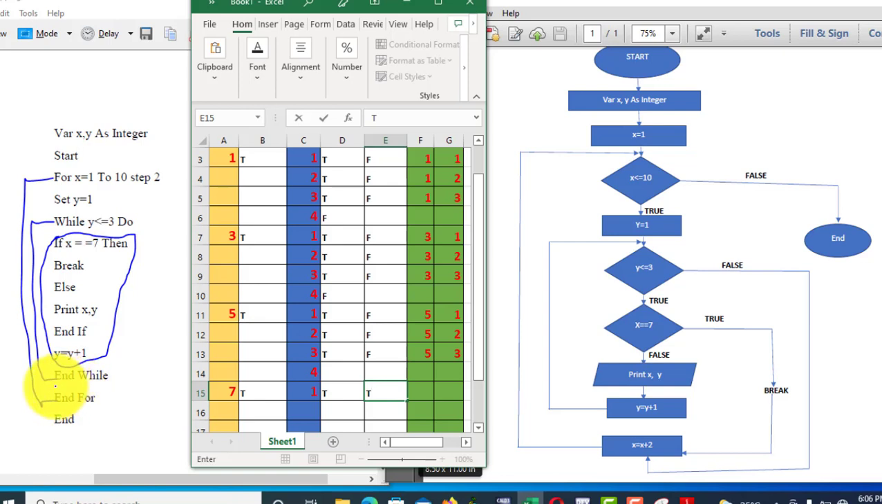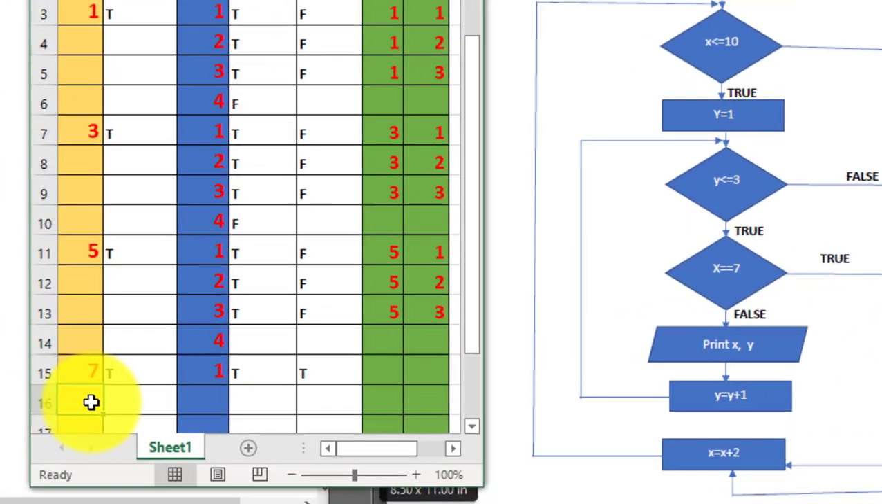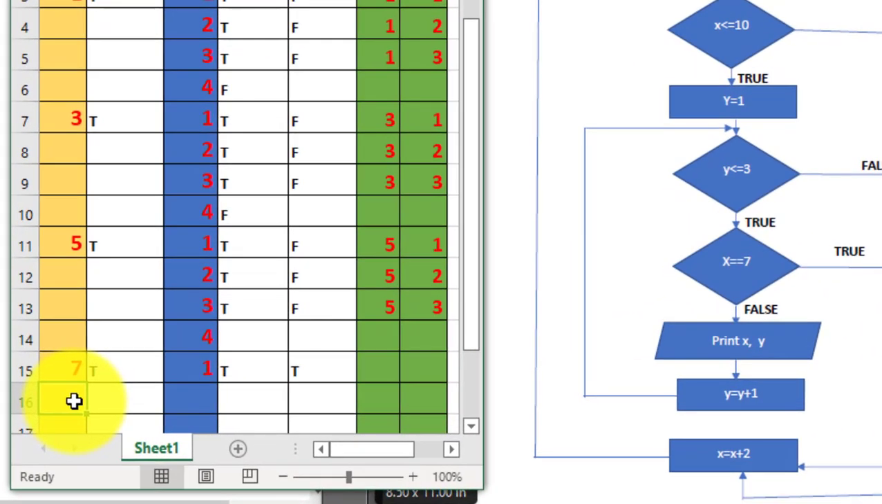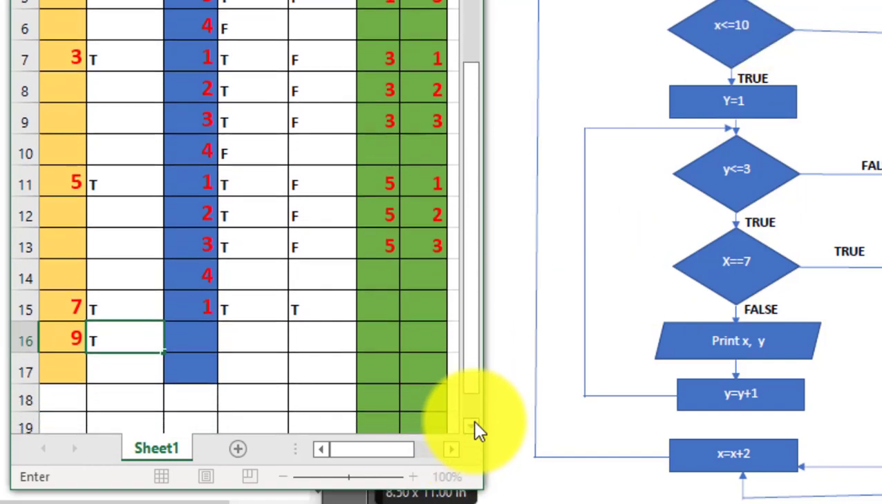So what will happen? I will go back to the outer loop. So it means x will be incremented. It will be 9, and its condition will be true because 9 is less than 10. Then after,